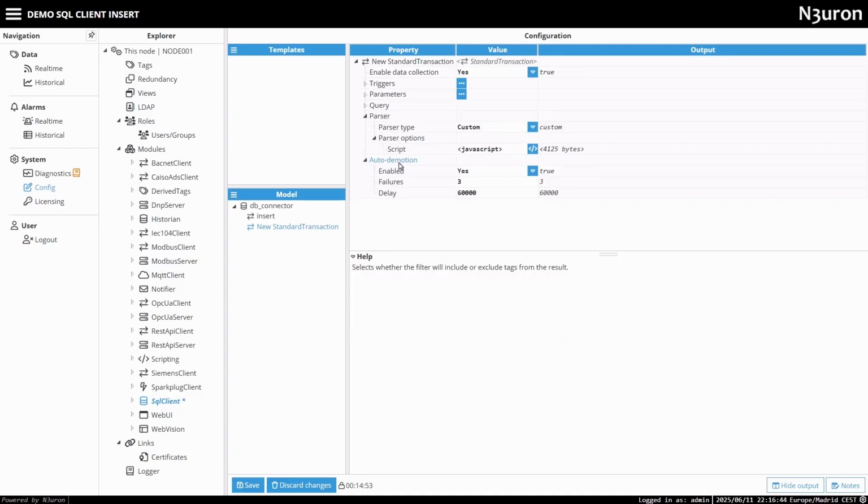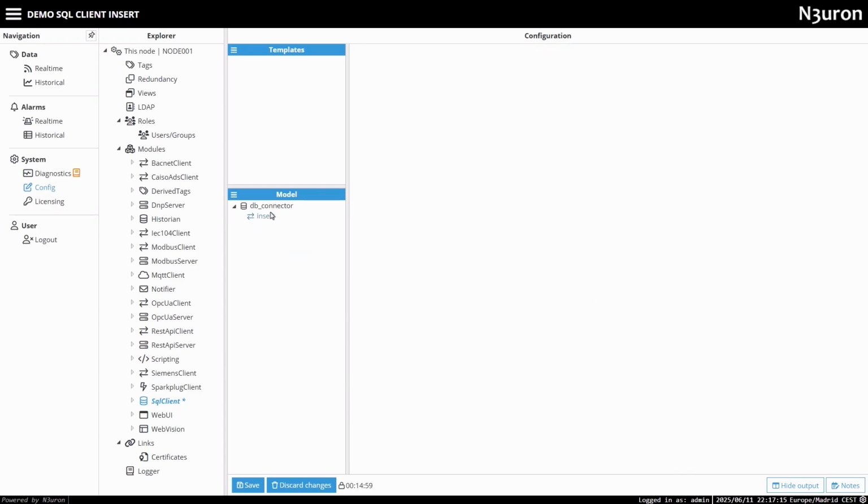Next are the auto demotion settings. These temporarily set a transaction to off-scan if the database isn't responding, helping optimize communication. You can configure how many failures trigger it and how long the transaction stays off-scan before retrying. Now that we've reviewed the standard transaction settings, we can delete this new transaction and take a look at the